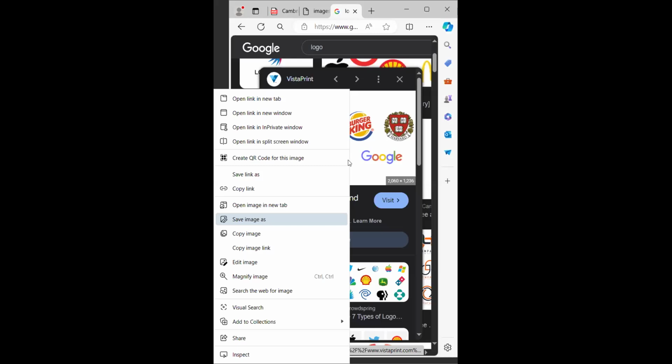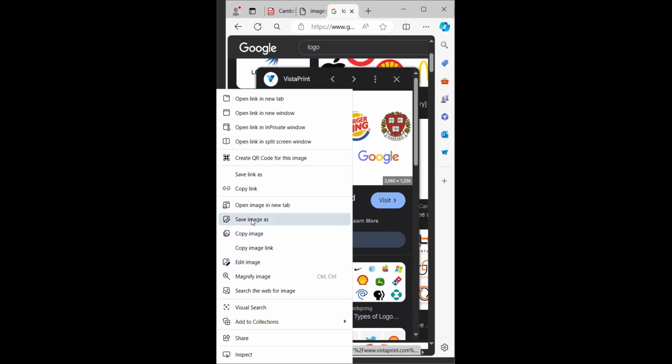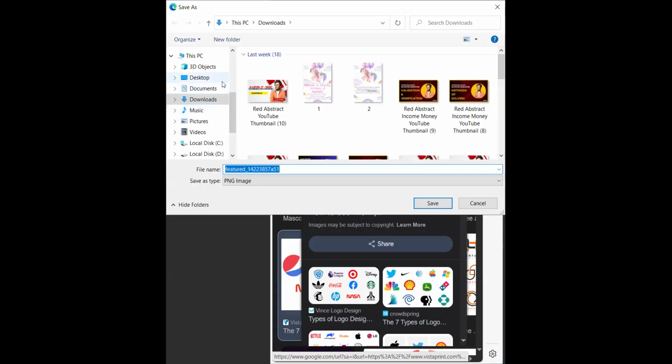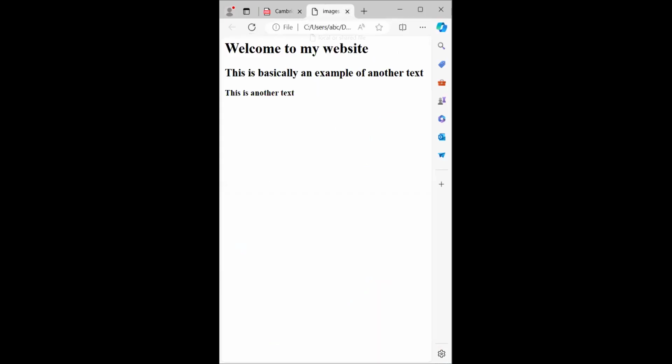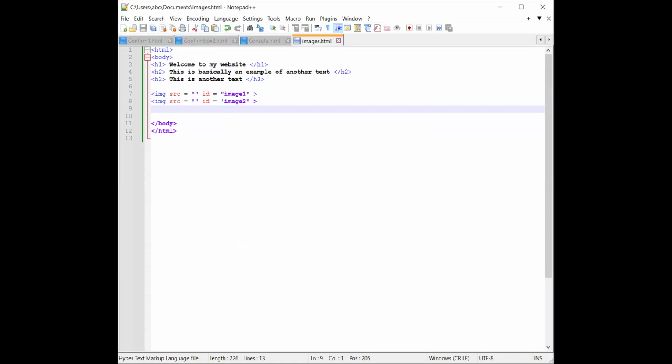Save image, PNG, then JPEGs are good to go. So I can save it right here as an image one. Format is PNG. So this is saved as image1.png. Now I'm going to go back onto my code that is right here, and